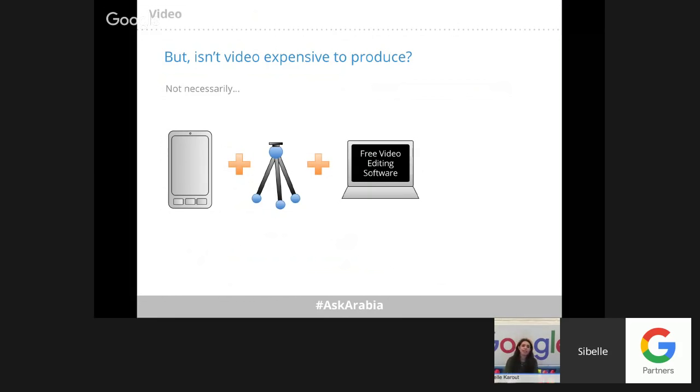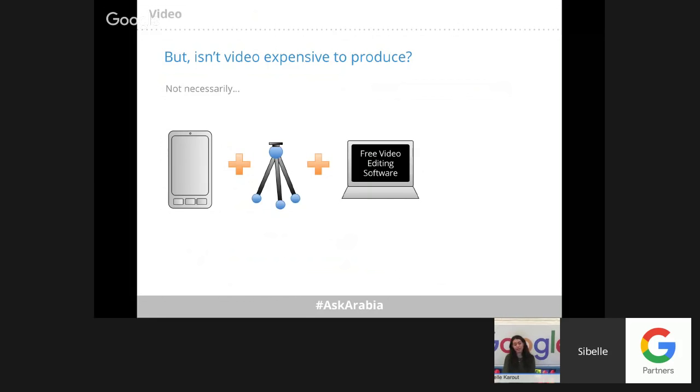We can invest in certain tools that will allow us to keep the image steady, which is not as expensive as it used to be. You can find very good tools for cheaper prices. As well, we have free video editing software.